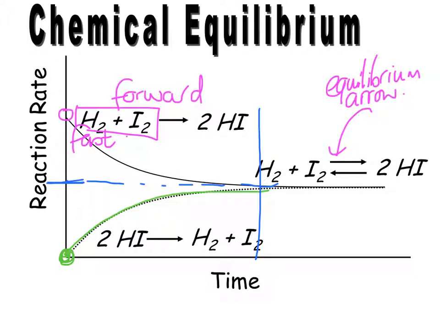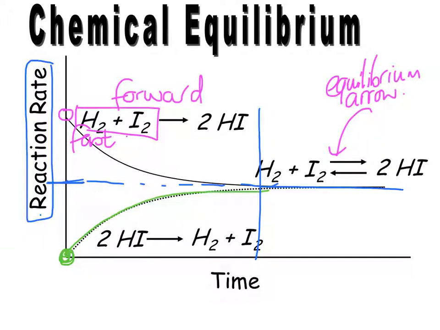In the questions that will follow, you need to be very careful about what is on the axes. If we're talking about rate, we will interpret the graphs differently to if we are talking about concentration of reactants and products in solution. So watch very, very carefully. If it's rate, for equilibrium to have been established, the rate of the forward needs to be equal to the